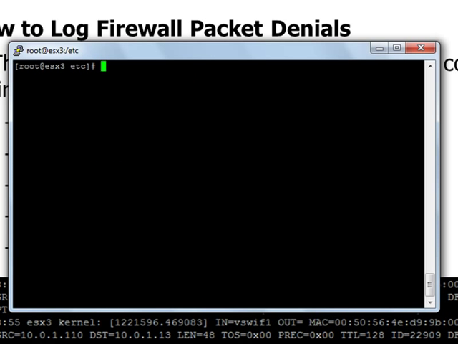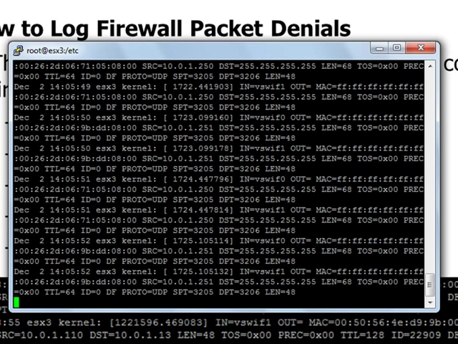And the next thing we want to do is to tail the syslog file. I'll do a -f to specify the file name to tail it in real time. It's in /var/log/messages. This is where syslog by default is sending our system messages. Of course, if you had configured a syslog server, then these messages would be over on your syslog host. I'll press enter there, and immediately we can see these packets are being denied and they're being sent to this